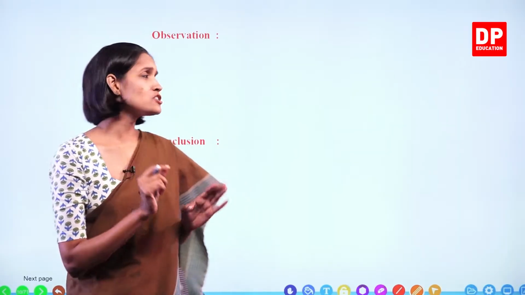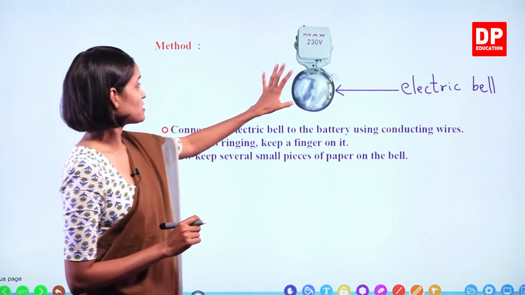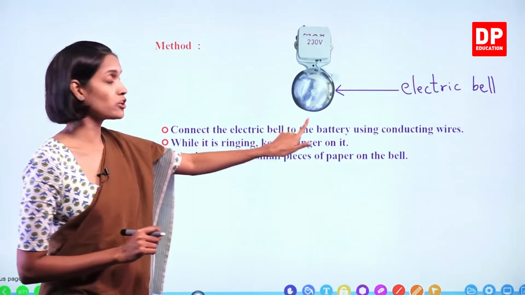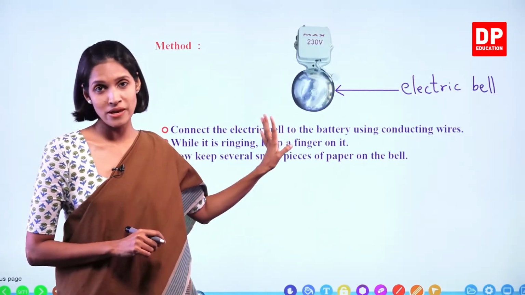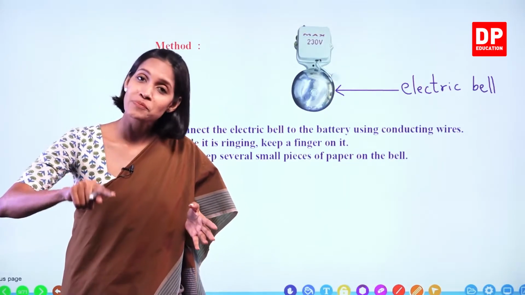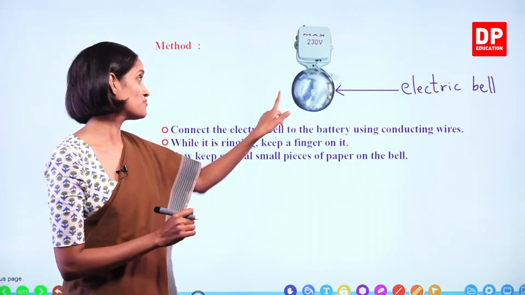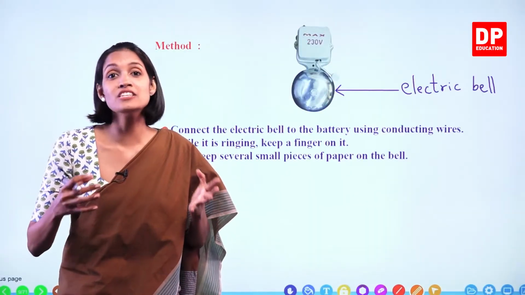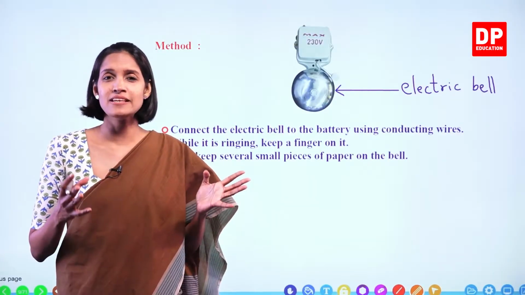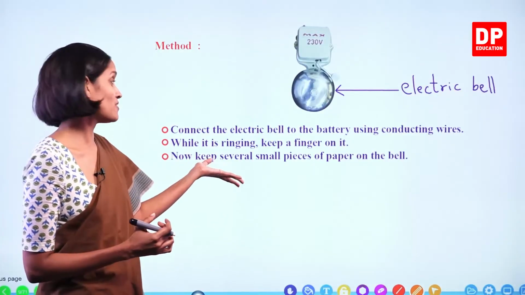So you observed what happened. The first instance you could not observe. Now I told you here, you have to first connect it to the circuit and then while it is ringing, you have to keep the finger on the bell. So I told you now you can't observe that one. When I placed my finger on the surface of the bell, I could feel it is vibrating. Okay, children, but you could not observe it. That is something I could feel. Okay. But the second one you could see very easily.